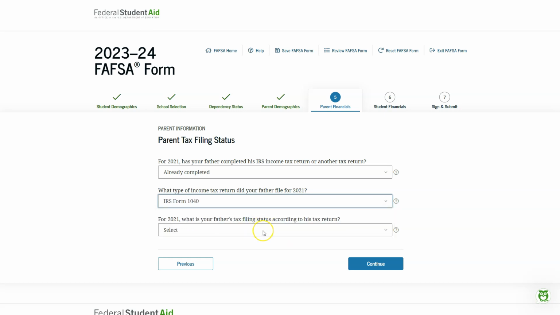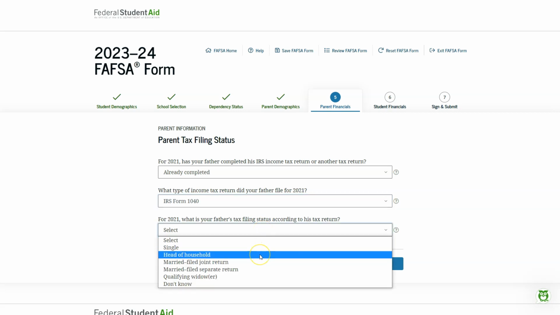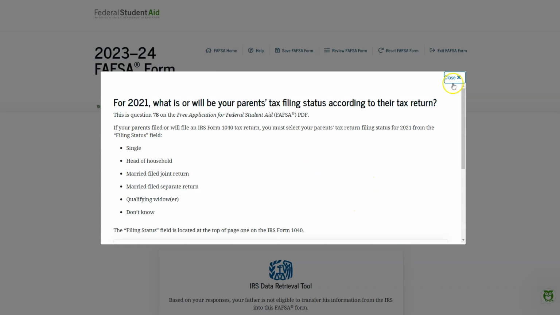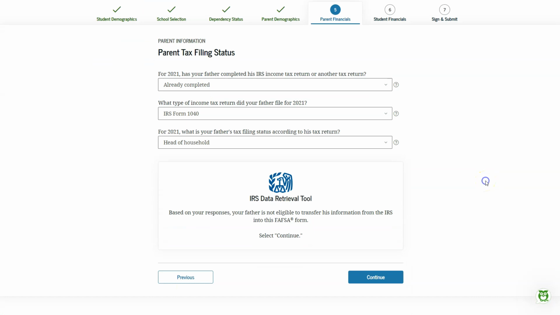And then it will ask you for the filing status according to the tax return. That information can be found at the top of the tax return, but there are a few different options. Now, when you enter in the different information, if your parents have filed taxes and if they did the 1040, most likely they will be eligible for the IRS data retrieval tool. What that is, is it links your FAFSA application directly with the IRS to import the information from your parents' taxes. If you have the option to use the IRS data retrieval tool, it is highly recommended, as it will